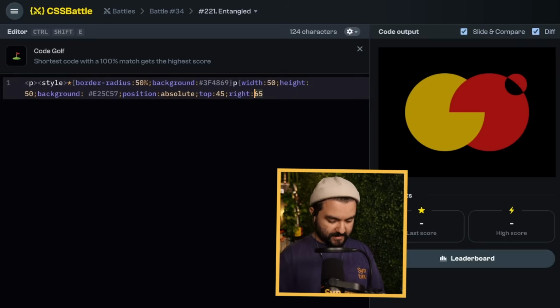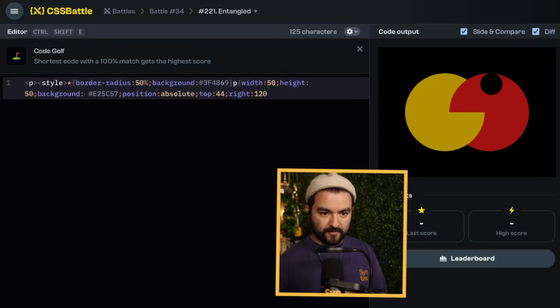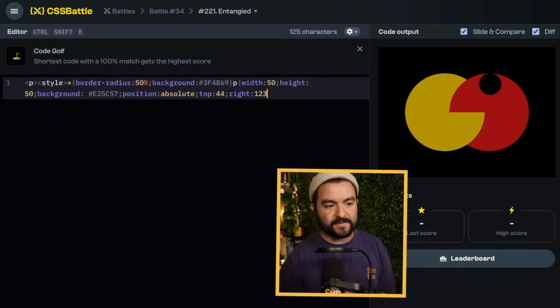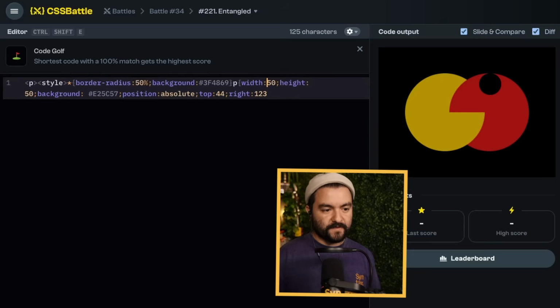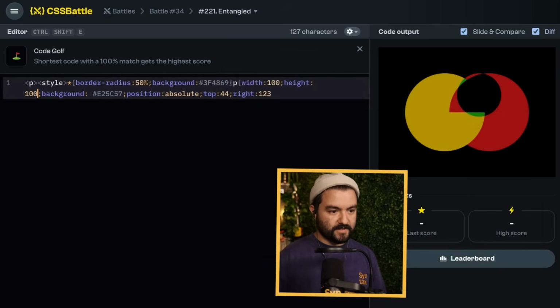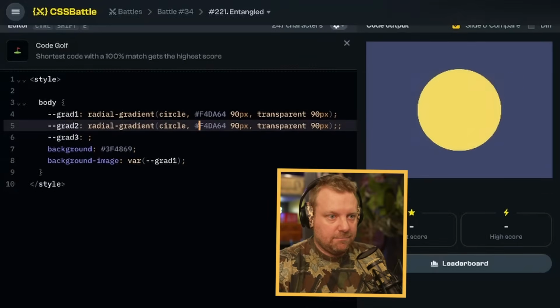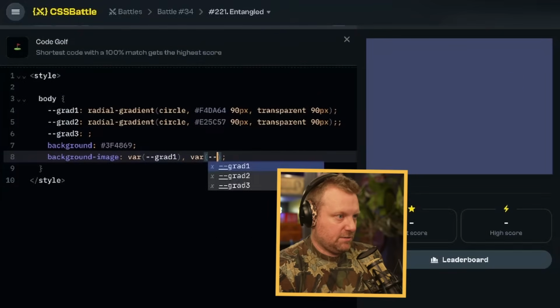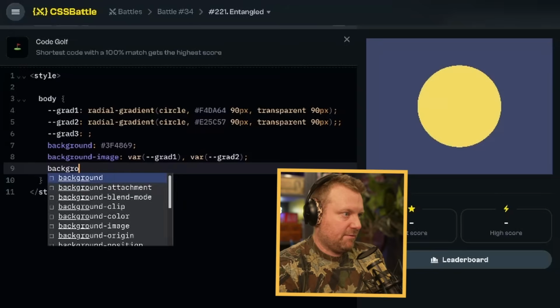So if we do right 80, 90, 120, and then top 44, 125, 124, 123. So that aligns it perfectly, and then we can get the width and the height exactly, but then we'd have to adjust right and left. So let's say if we do 100 width, 100 height, then we'd adjust right by 50. 123 minus 50 is 73. That's completely wrong. Let's do the second one, and then we'll do var --grad-2, and we'll do background